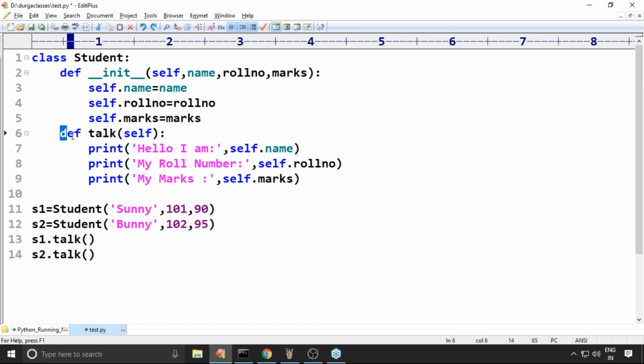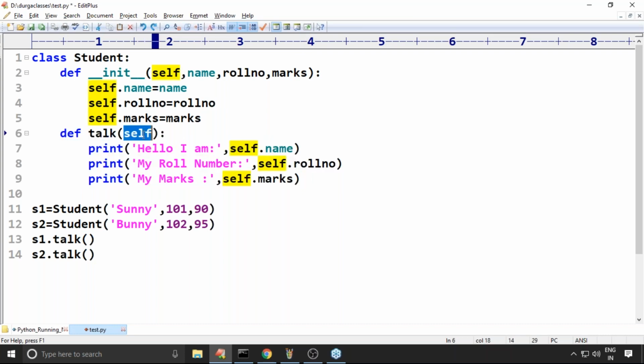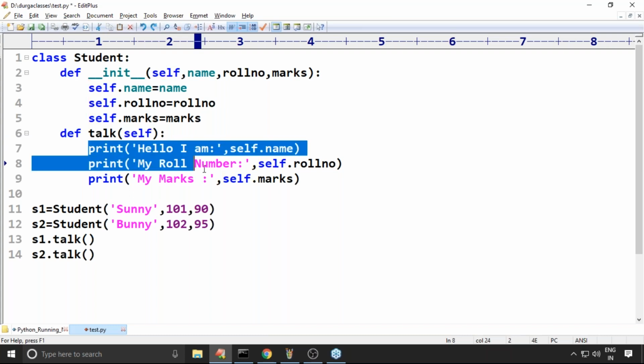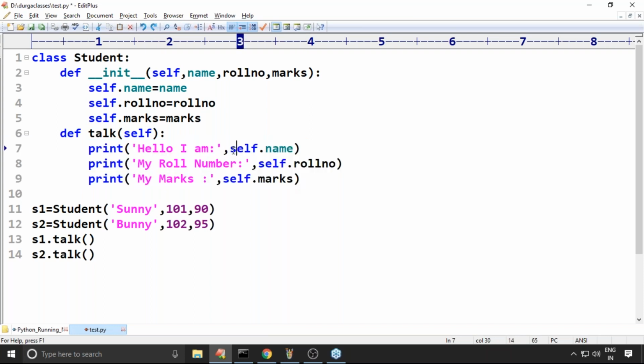So object-related methods are called instance methods. So the first argument to the instance method is always self. Sir, why are you passing self as the argument to the instance method? Inside the instance method, to access values of instance variables.